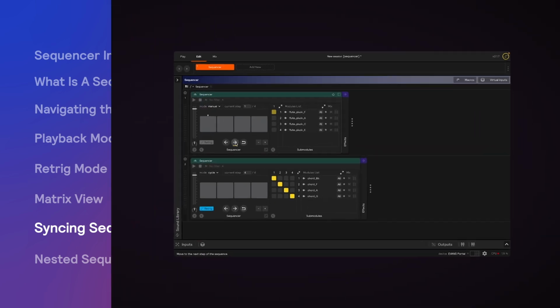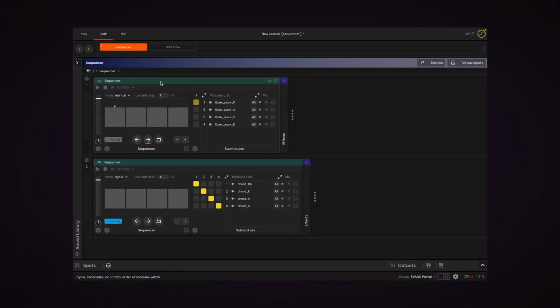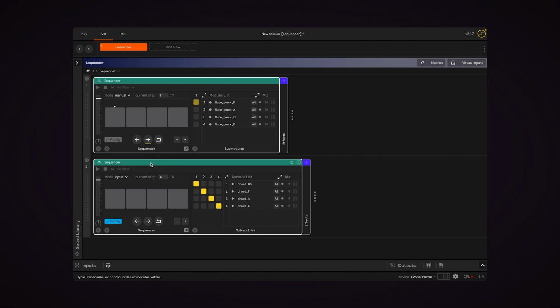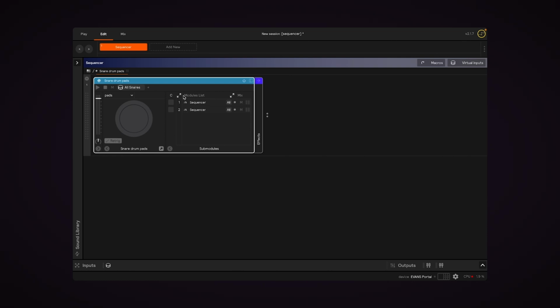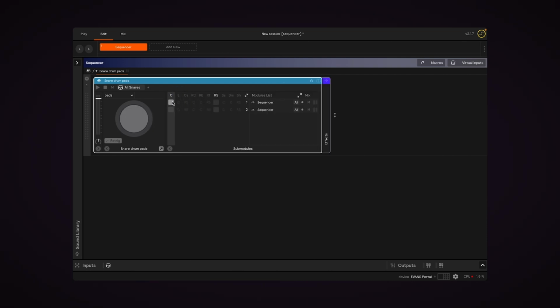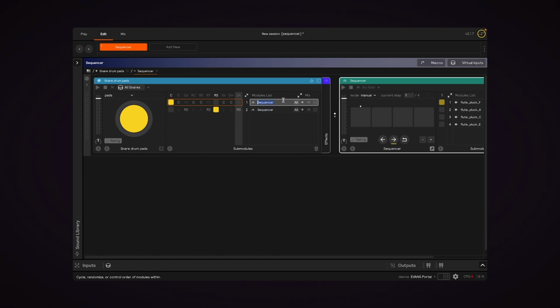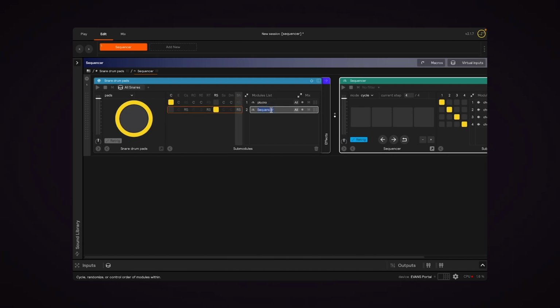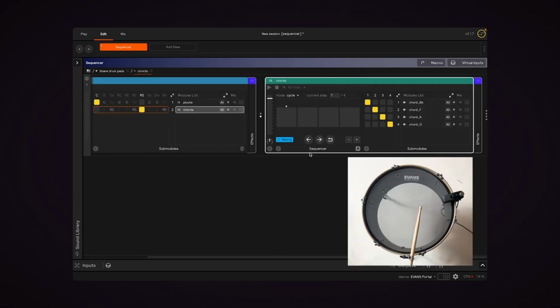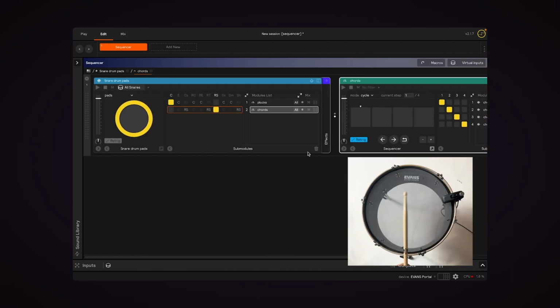So this next button is assigned to the rim of the snare. So let's say I want to put these chords on that rim. I'm going to take both of these sequencers, put them in a drum pads module. Now I can assign one to the center and one to the rim shoulder. So let's call this plucks and chords. So now when I go to play the drum and I play the center,